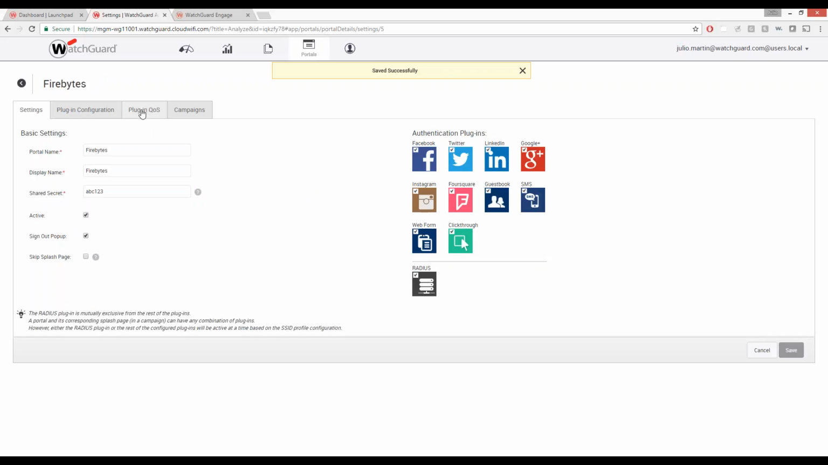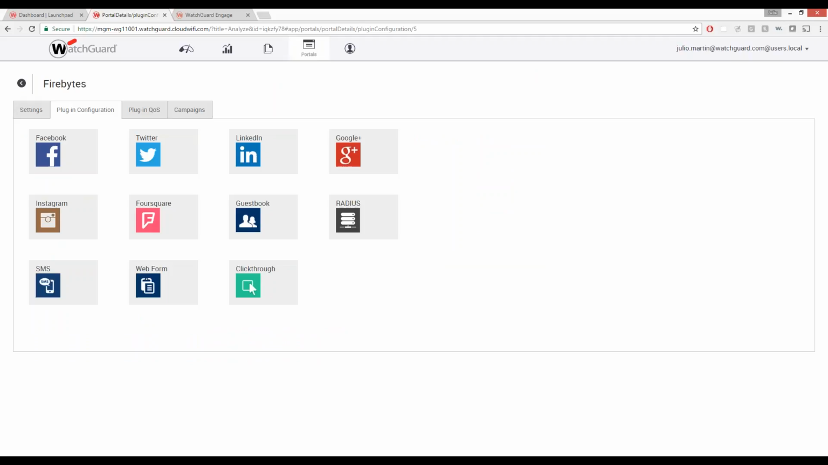All right, so now we have a portal that we've created. That's what we're going to assign to your SSID, and I'll show you guys how to do that. So going over to the plugin configuration,